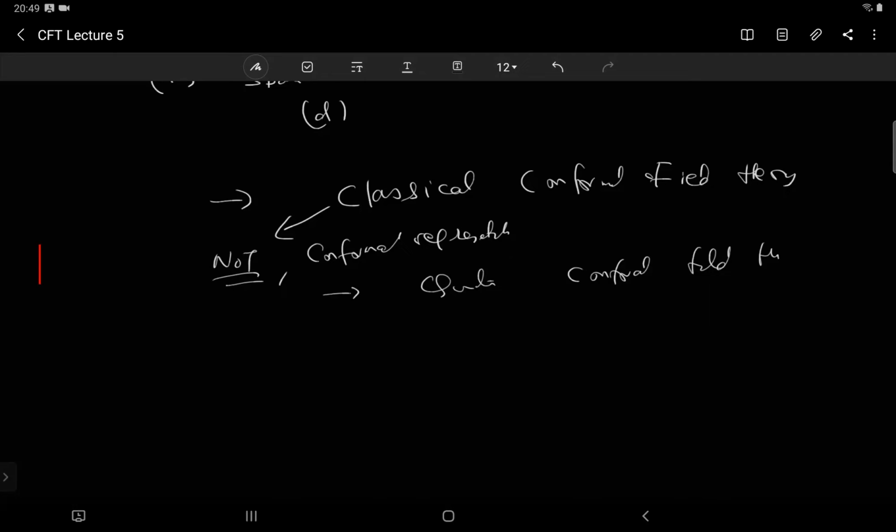Okay, and yeah, so that's what you will do. That's the conformal representation part, and we have to see Noether's theorem. That means if you have a symmetry which is conformal symmetry, then what are the corresponding conserved charges? That is what we will talk about. So we will start with d greater than 2, and then we will go to d equal to 2 case.